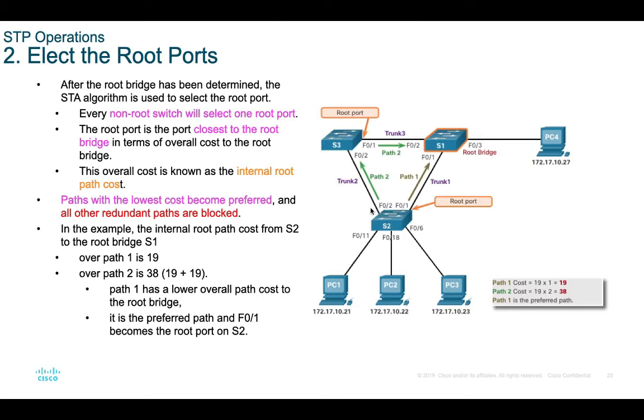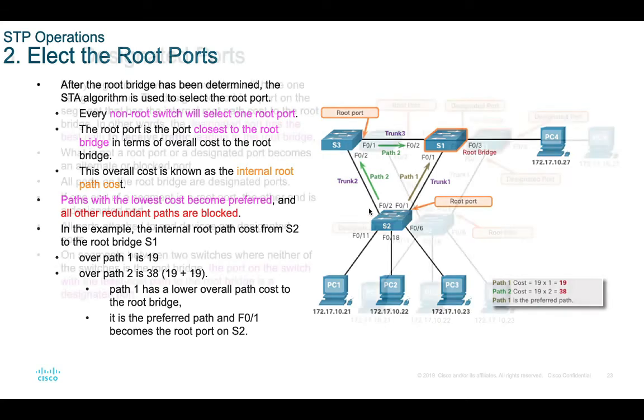Let's say this is Gigabit Ethernet, so we will use this link. So the cost is not the number of devices, but the speed of the link. So the switch will elect the port with the higher speed in order to become a root port. So we are done with the root port. Every switch has a root port. Switch 1 doesn't have a root port. Switch 3 and switch 2 have elected the root port.